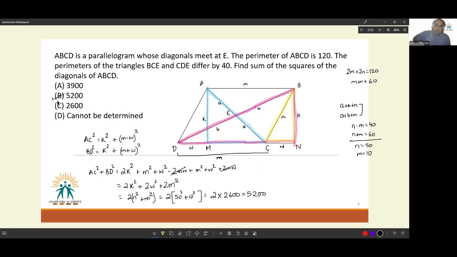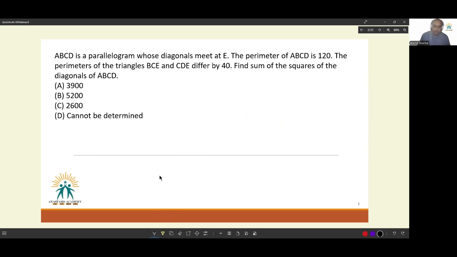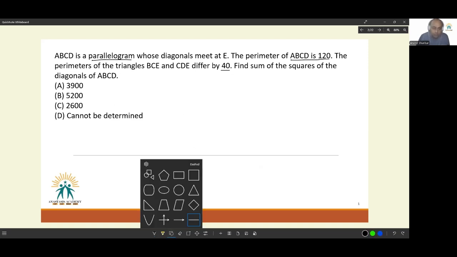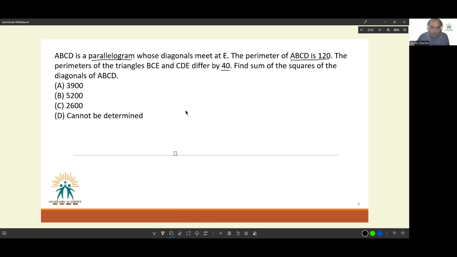Now, the wonderful thing here is, I have deliberately taken the longest path to reach the answer and broken down everything. You can perhaps reduce your work here by simply doing this. The question stated ABCD is a parallelogram whose diagonals meet at E. The perimeter of ABCD is 120 and the perimeters of triangles BCE and CDE differ by 40. It was a parallelogram. Do we know any standard parallelograms? Very much so. The best standard parallelogram we are aware of is